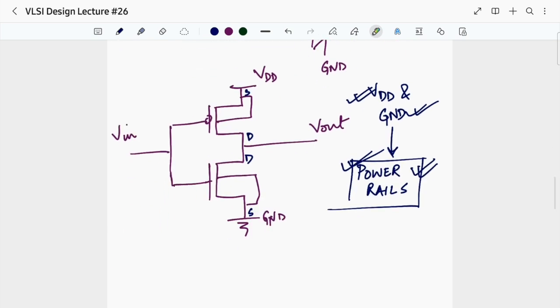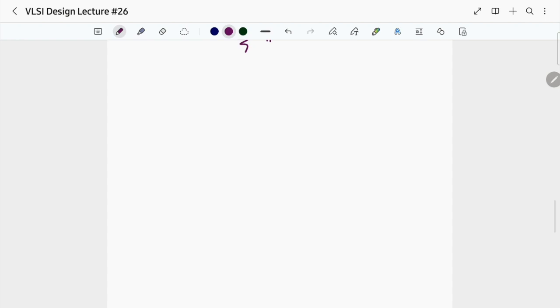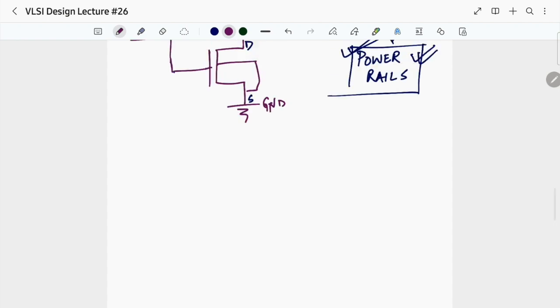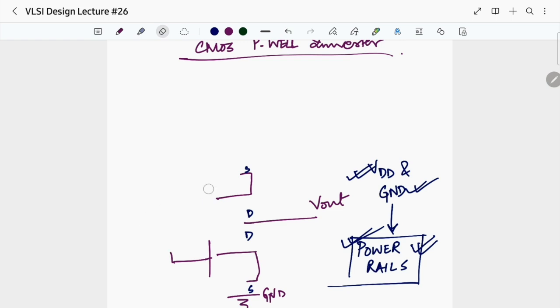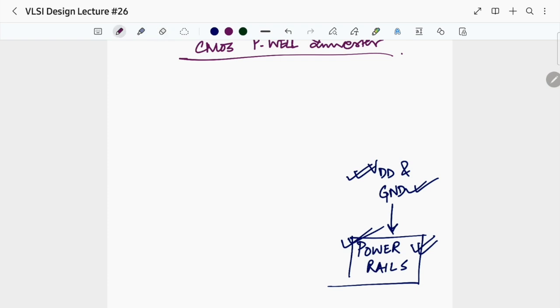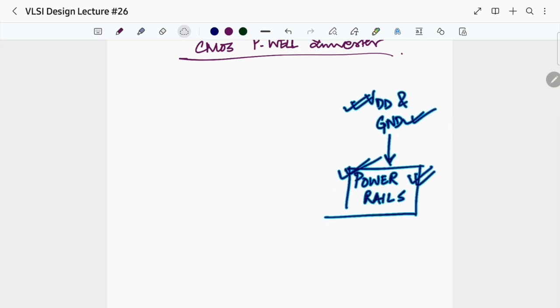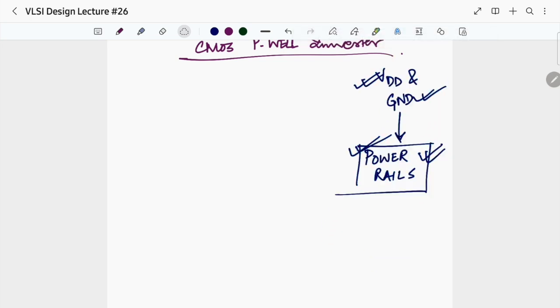Now, let us explain what we have done so far in our step number 5. I'll just rub these off. I'll not rub this off because you need to remember these things and you don't need to forget. Okay, because it will come in handy for your lab vivas or your theory as well. So let us now explain what we have done. So in step number 5, what we have done is that